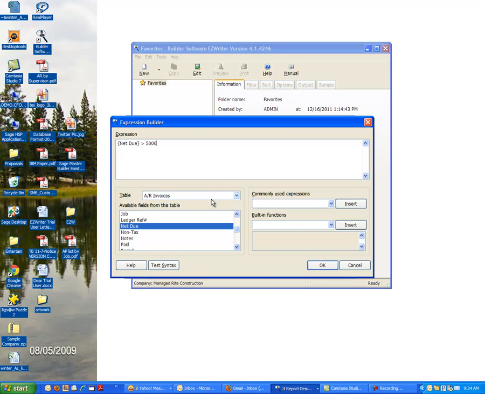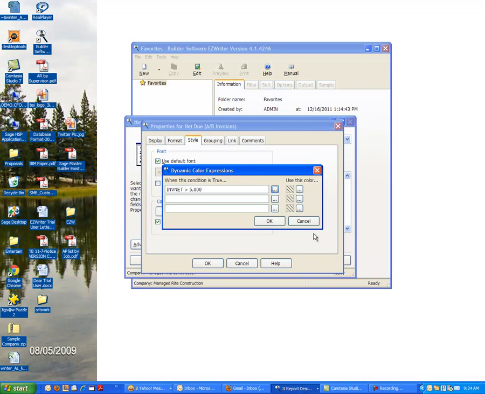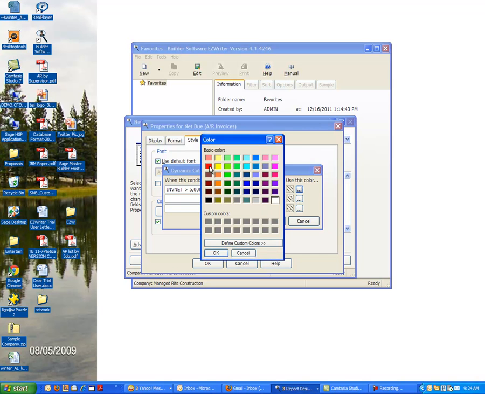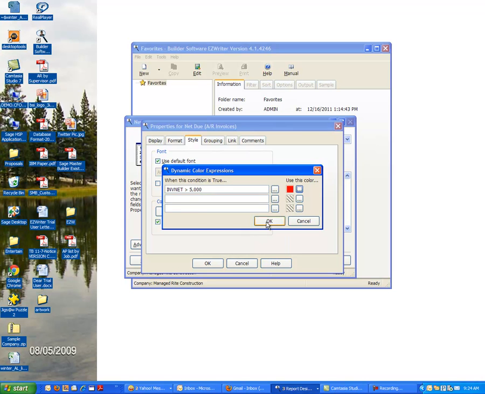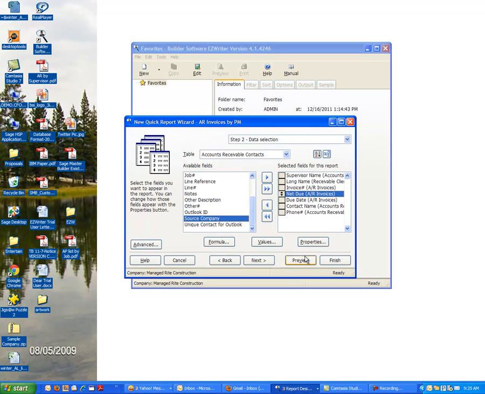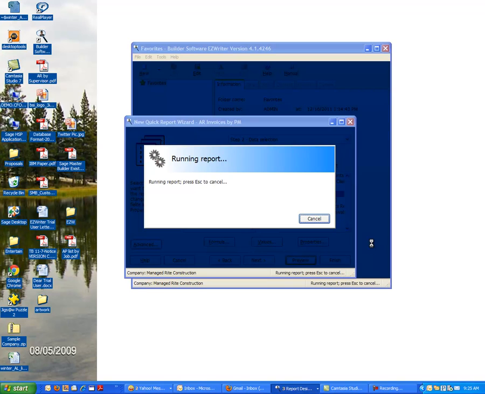How's that sound? Say OK, and whenever that happens, I want to print it in red. Say OK. Now if I preview this real quick,